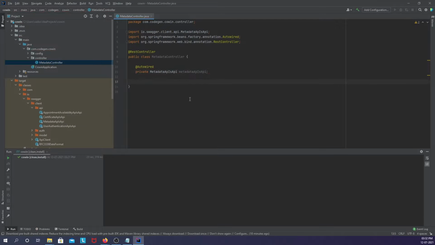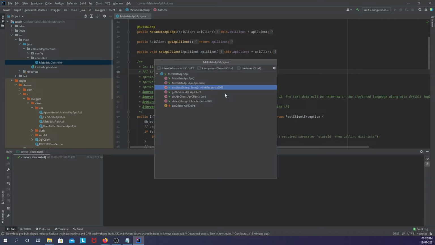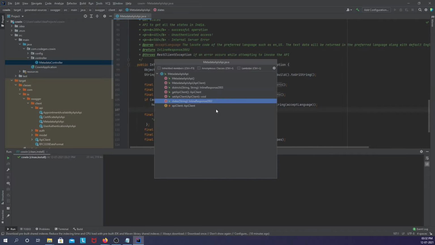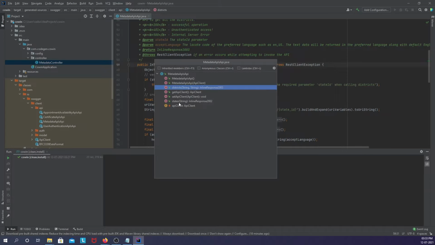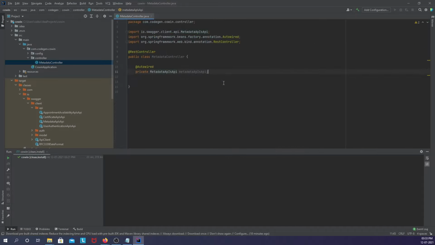Okay, so this metadata API, let us go through this. This has two endpoints. One is for states, the other is for districts. Let us invoke a simple endpoint, which is the states, from this particular controller.